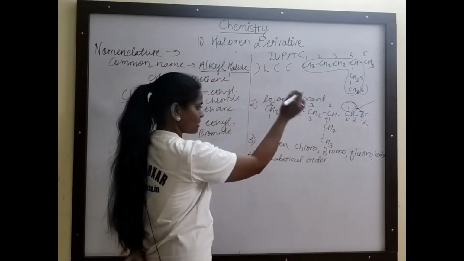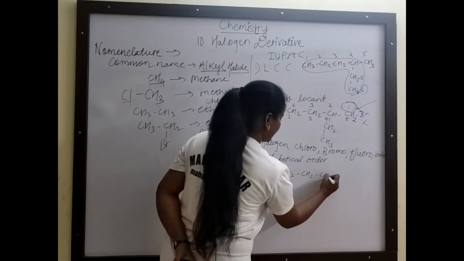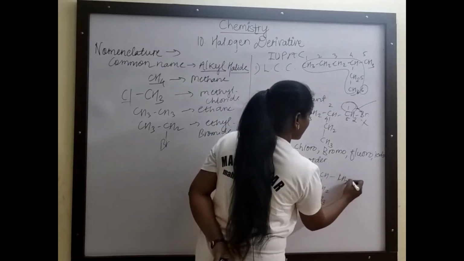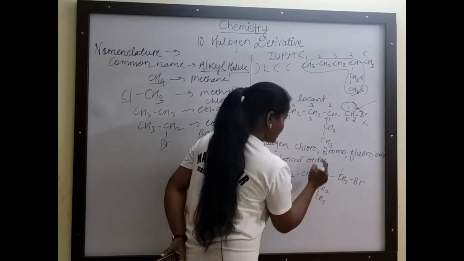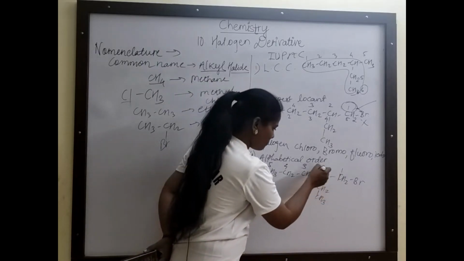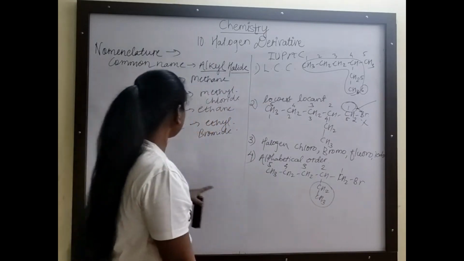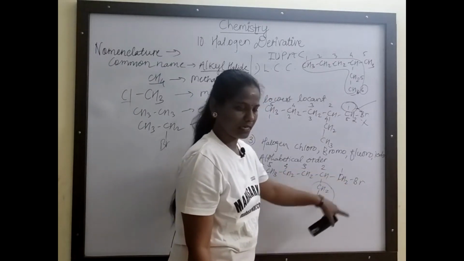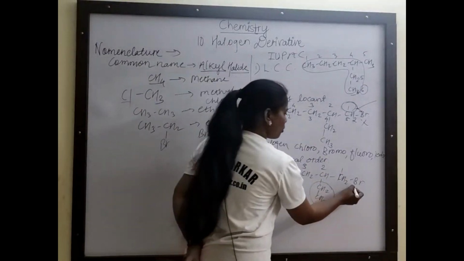Now let us talk about this same example. CH3, CH2, CH2, CH. This is CH2 and this one is CH3, and here it will be CH2 and Br. Now we have selected the correct numbering system according to the second rule, 1, 2, 3, 4. Okay. Now on the second carbon atom, the CH2, CH3 is attached. That CH2, CH3 is nothing but the ethyl, and this bromine is the halogen atom. So bromine and ethyl will be arranged in alphabetical order. So this bromo comes first.